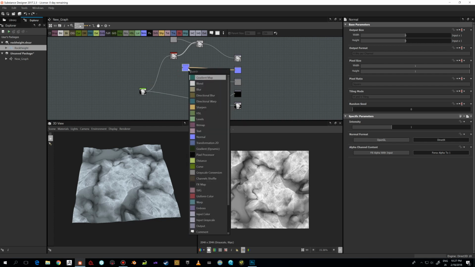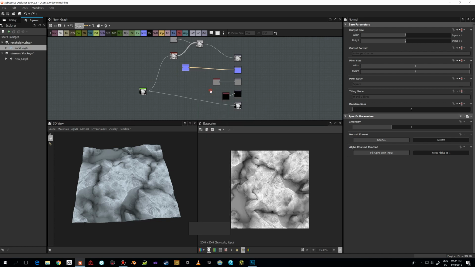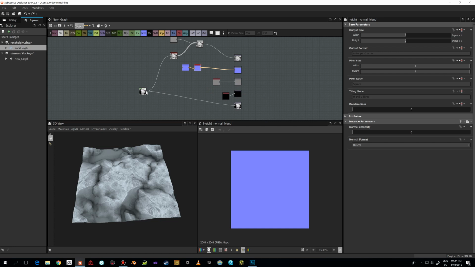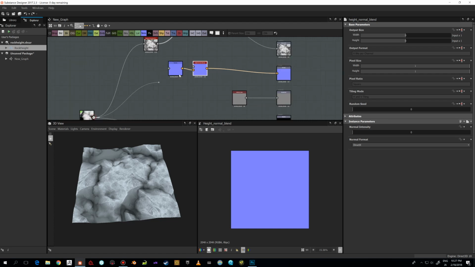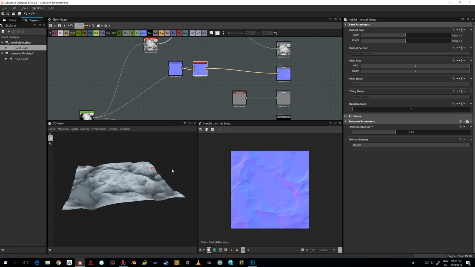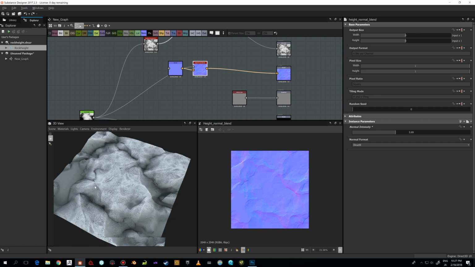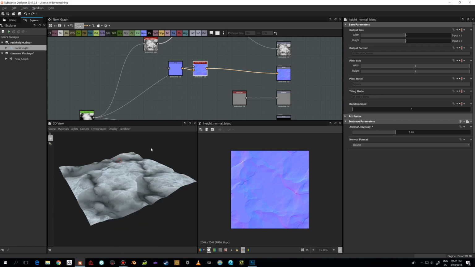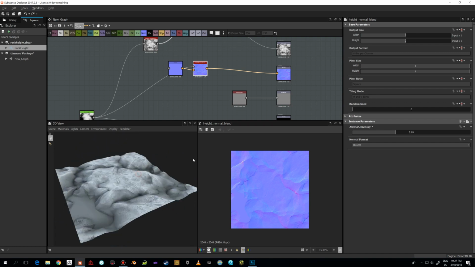Maybe I'm just gonna do like a height normal blend. I think we have the height to normal blender in here. I'm gonna grab this height from here, and I'm just gonna do a little bit, so it will help to give a little bit more detail to that. So I really wish you could use the array, it looks so much better in there,